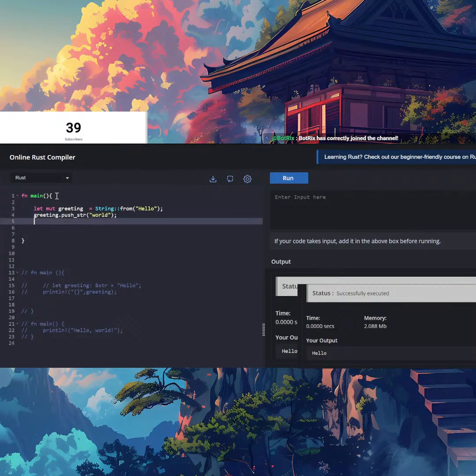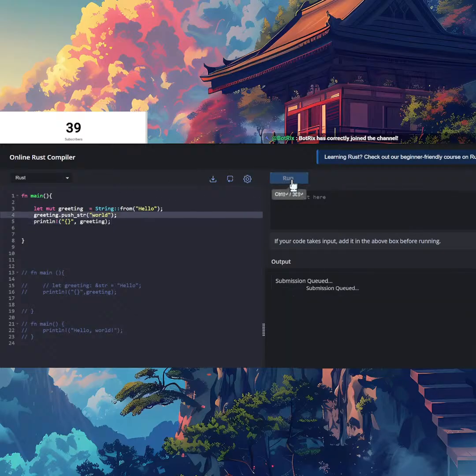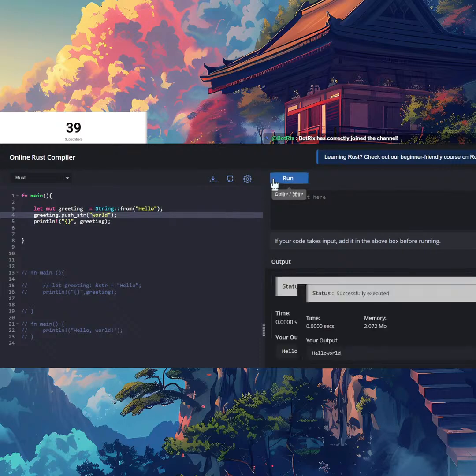So basically what this does is it adds the variable next to it, to make it more of a sentence. But here's the weird thing: if you don't add spaces, it doesn't add spaces at all. So keep that in mind every time you're trying to connect words together.